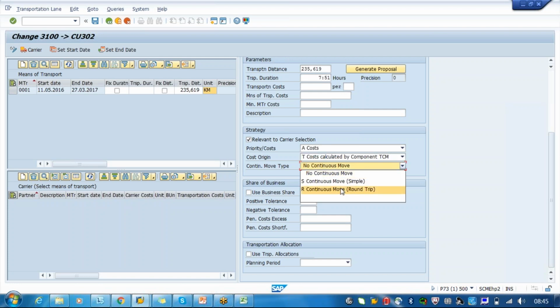Okay. So it's a continuous move or no continuous move. The difference is that in a continuous move, the same carrier is first chosen, so it is going from Bangalore to Chennai, and again from Chennai it is going again to the next place.